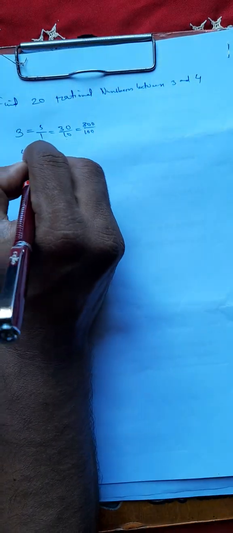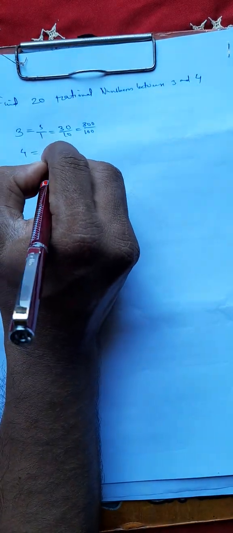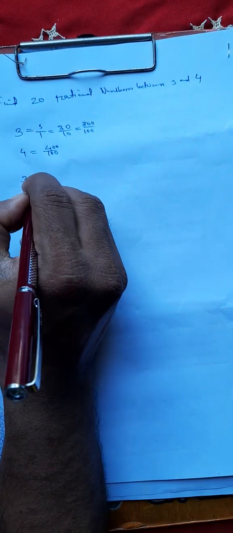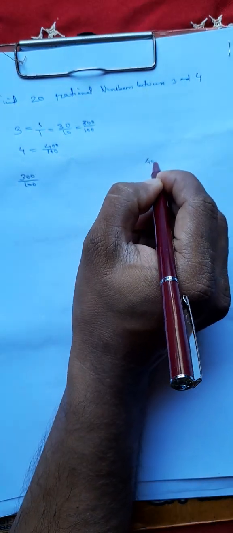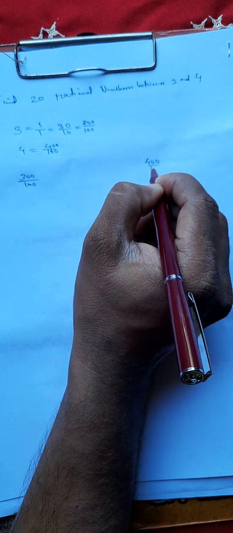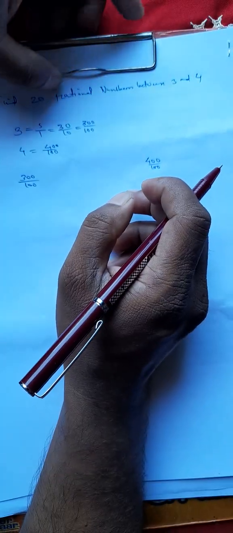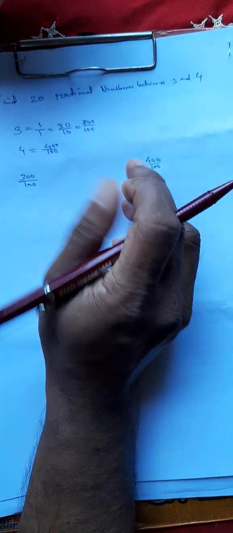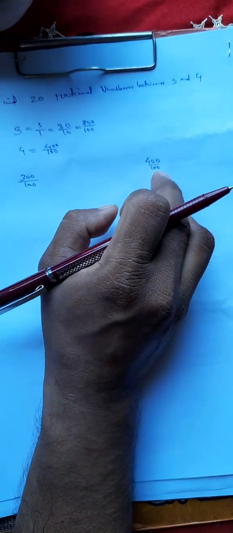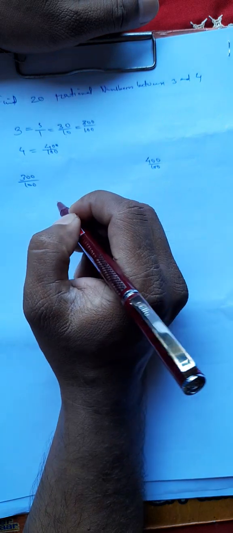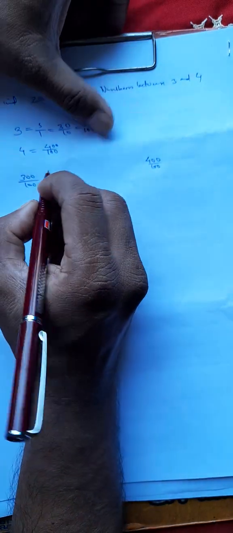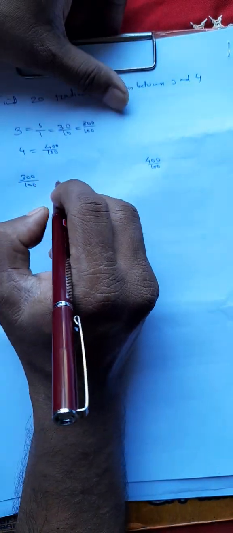Similarly, 4 equals 400 by 100. Now you see, in between 300 by 100 and 400 by 100, you can find 20 numbers, not even 20 numbers. You can imagine more numbers in between 300 by 100 and 400 by 100. So you can imagine, say for example,